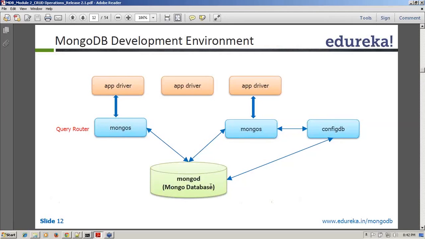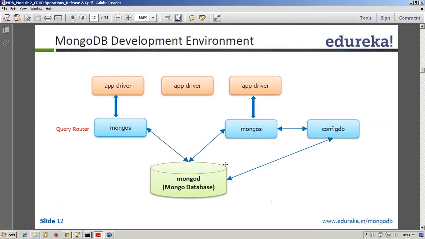If you have multiple nodes, then from your application driver you do not have to connect to multiple nodes. You connect only to Mongos, and internally Mongos will connect to multiple nodes and get the data for you. To do that, Mongos takes help of a configuration database, which we call config.db. This is just a very high-level introduction of this architecture. When we go ahead, we will implement it in practice, so it will be much easier for you to digest. For now, understand that Mongos is a query router